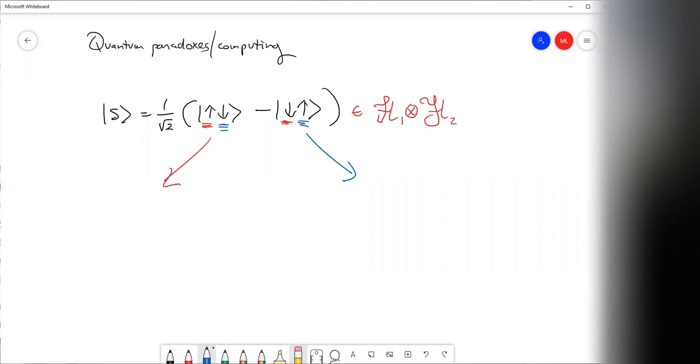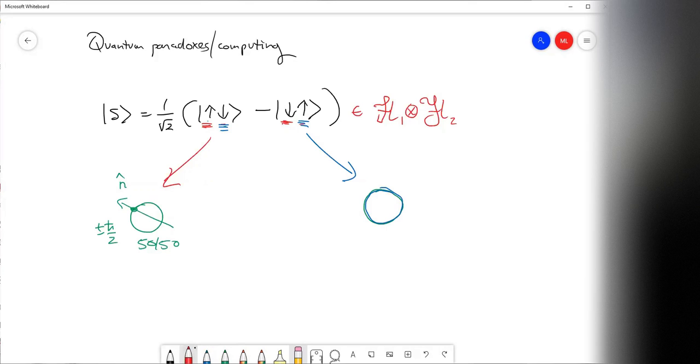And what you would find is that if you measure, and we know this is spherically symmetric, so no matter how you measure the spin along whatever direction you choose, you always get a 50-50 chance of being plus or minus h bar over 2 for the angular momentum. So there's always a 50-50 chance of that. But the weird thing about this is that you see the first and second spins are always completely anti-correlated, so that if the other person over here,